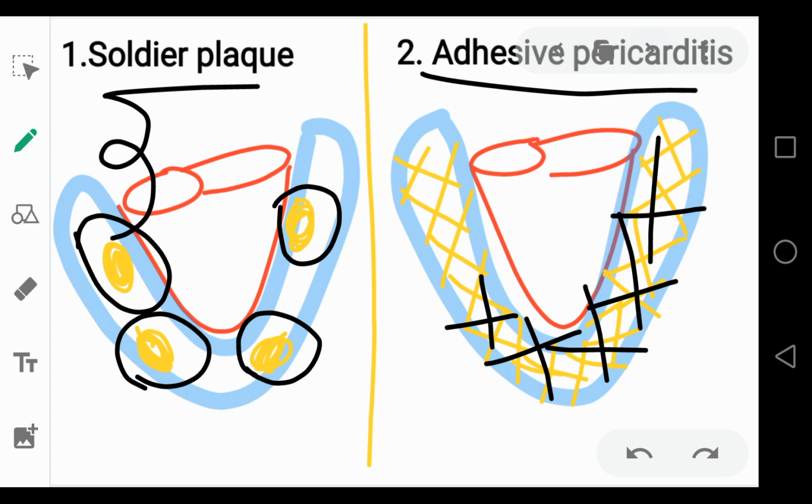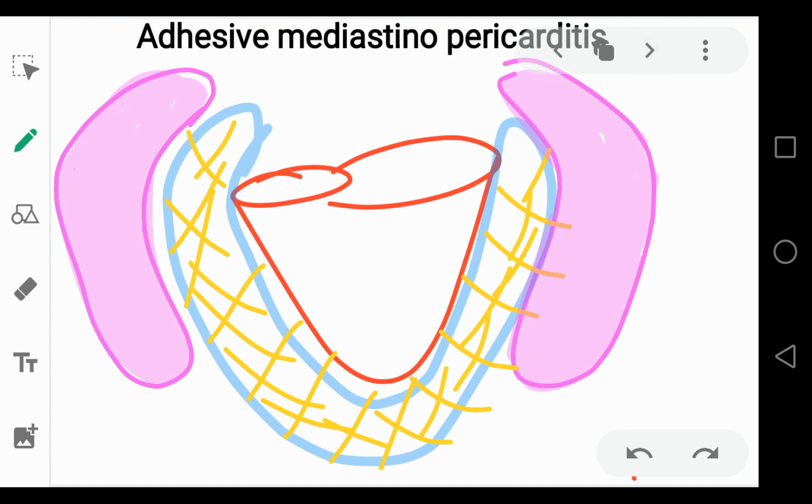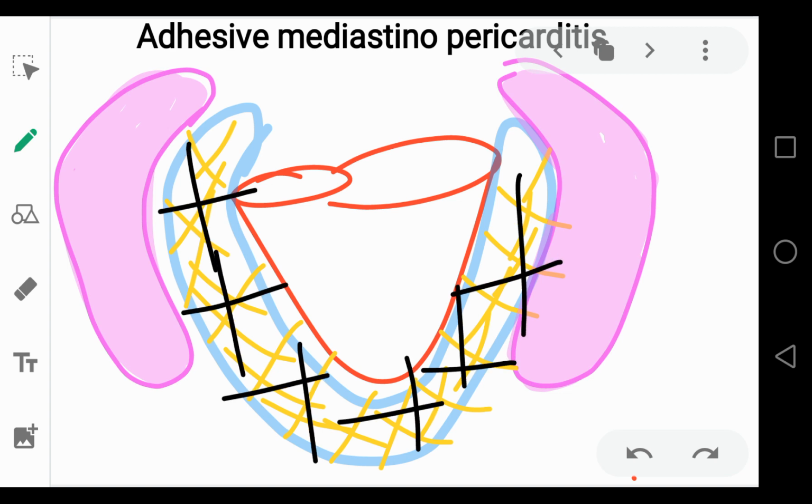The third and more severe type is called adhesive mediastinopericarditis. In this case, there is heavy colonization in the pericardial sac, which is not only limited to the pericardial sac but also extends to the neighboring structures such as lungs and pleural area. Now, in this case, there will be a systolic failure of the heart. Why? Because now the heart is adherent to the surrounding structures, so when it contracts it also has to pull the lungs and rib cage along with it, as a result of which the heart will not be able to contract properly and there will be a systolic failure.